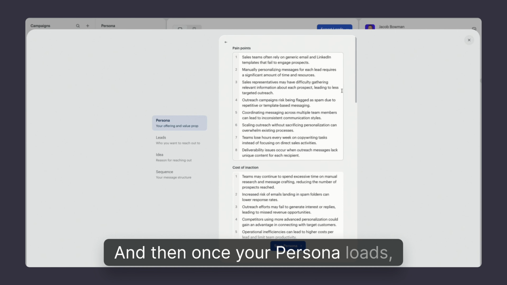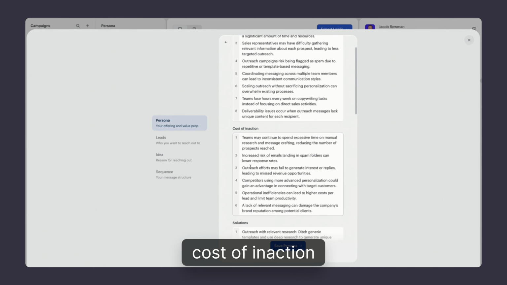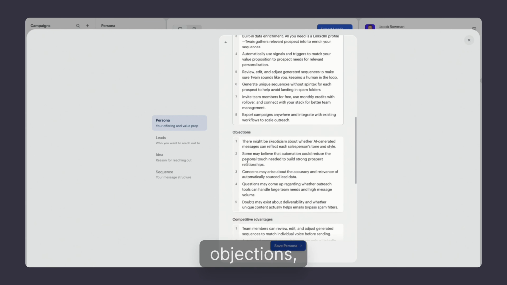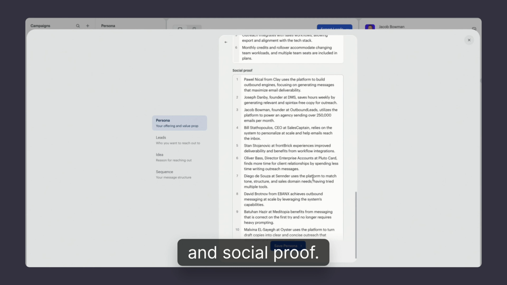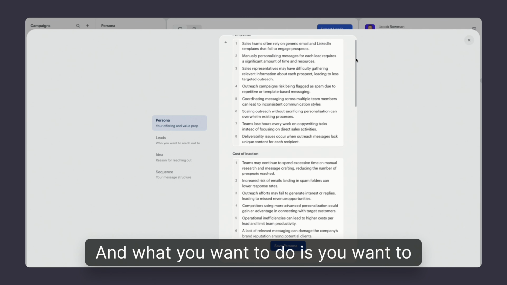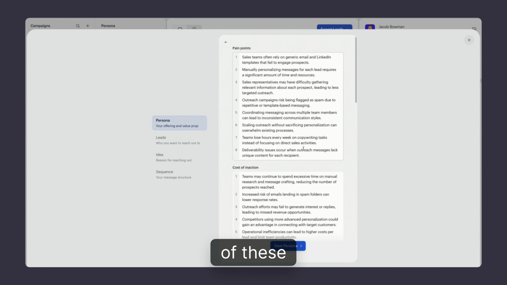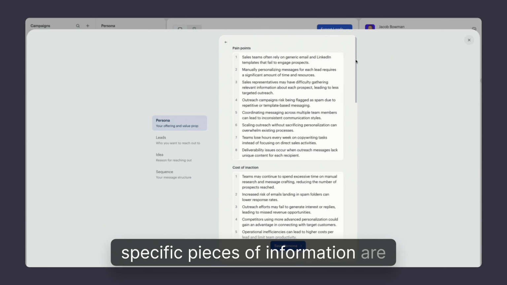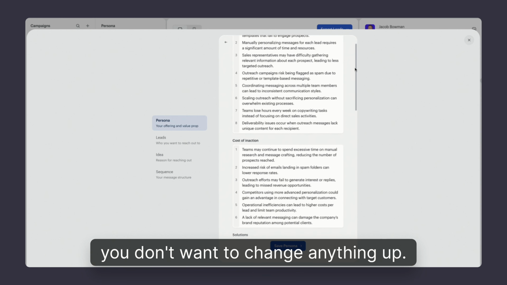Once your persona loads, you'll see that you're loaded up with pain points, cost of inaction, solutions, objections, competitive advantages, and social proof. What you want to do is make sure that each and every one of these specific pieces of information is accurate, and you don't want to change anything up. So for example,